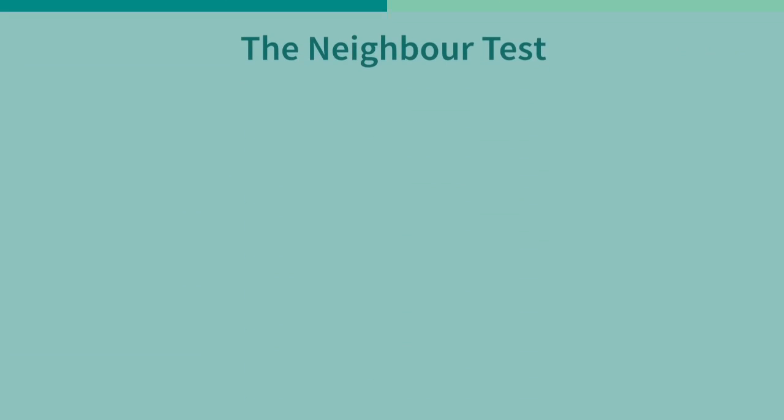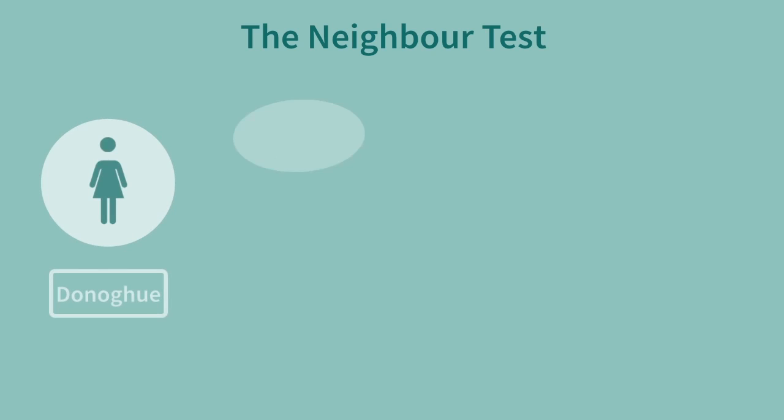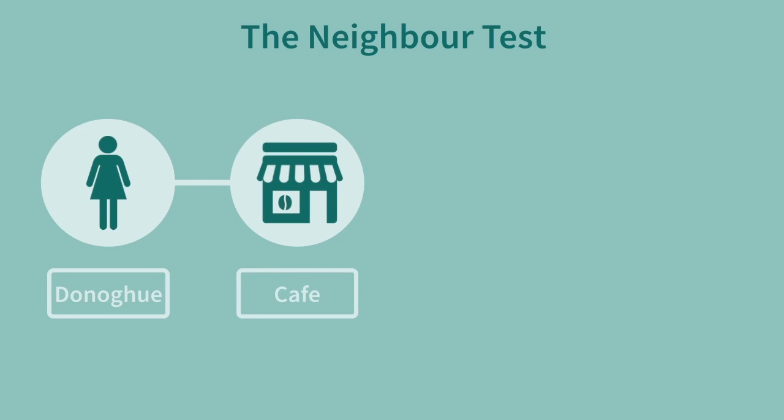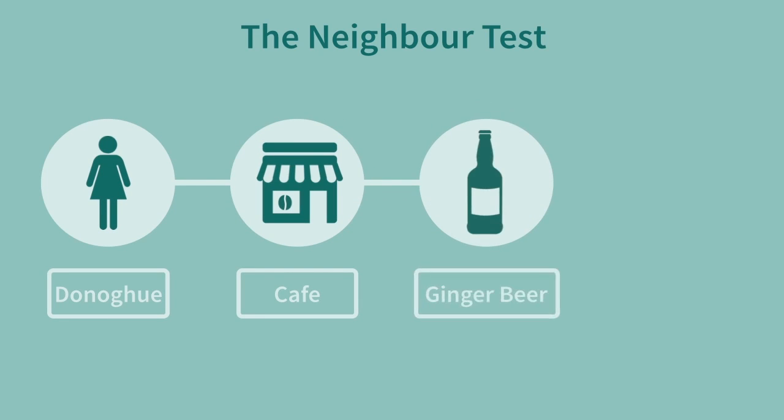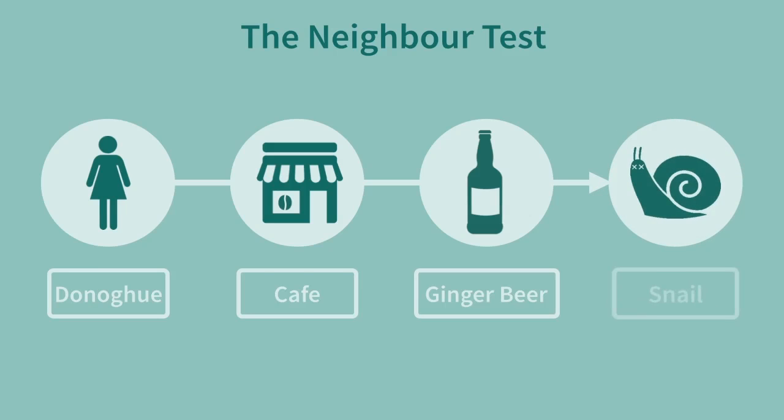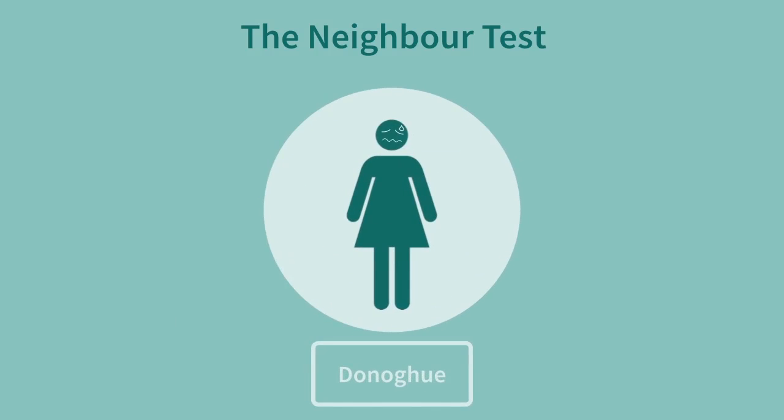The facts of this case were: Mrs. Donoghue went to a cafe with a friend. The friend bought her a bottle of ginger beer and an ice cream. The ginger beer came in a dense bottle, so that the contents could not be seen. Mrs. Donoghue poured half the contents of the bottle over her ice cream, and also drank some from the bottle. After eating part of the ice cream, she poured the remaining contents of the bottle over the ice cream, and a decomposed snail emerged from the bottle. Mrs. Donoghue suffered personal injury as a result.